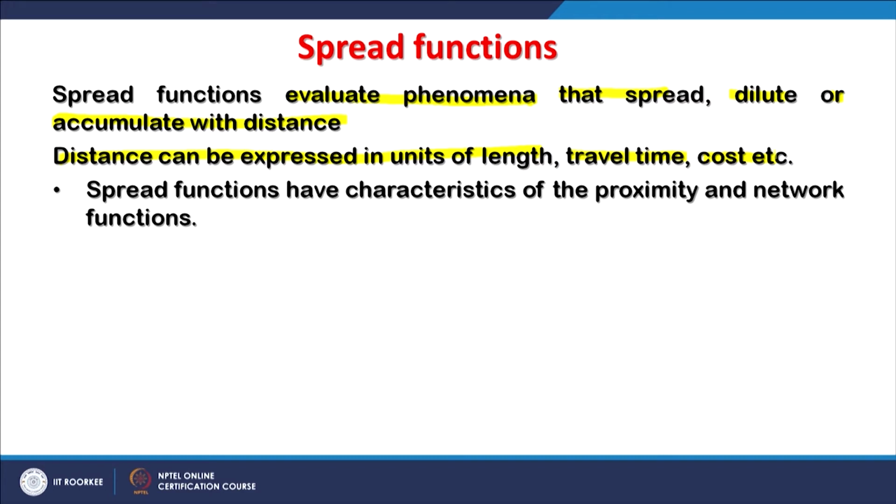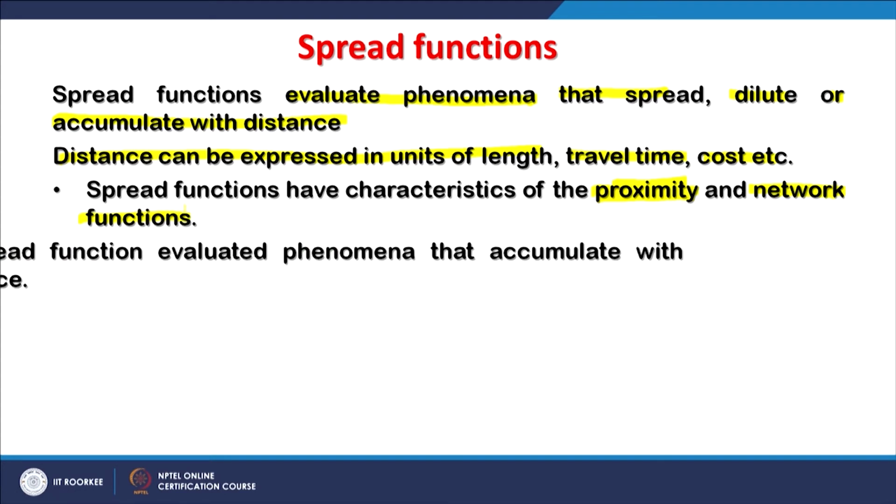Now spread functions have characteristics of proximity and network functions. So it is a mix of these two functions, a hybrid kind of function, where the proximity is also maintained, because things have to be connected. In case of, say, flooding, a lower ground may be having water, but in between we are having a ridge, and then on the other side we are having a much lower ground, but since it is not connected, water cannot reach that place. So there has to be connectivity and proximity, and of course network is also there. So that we will see.